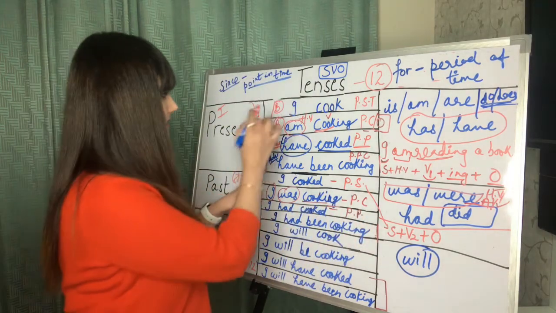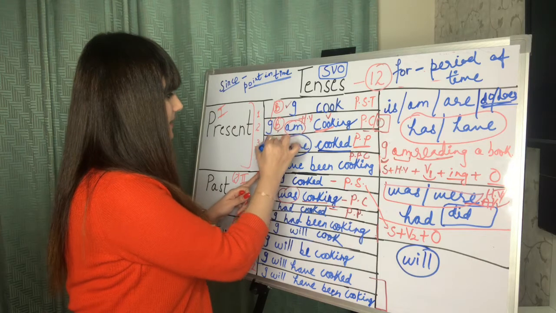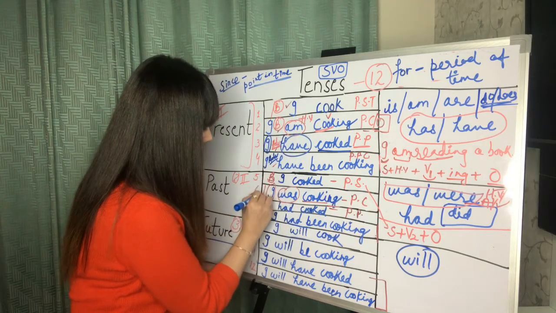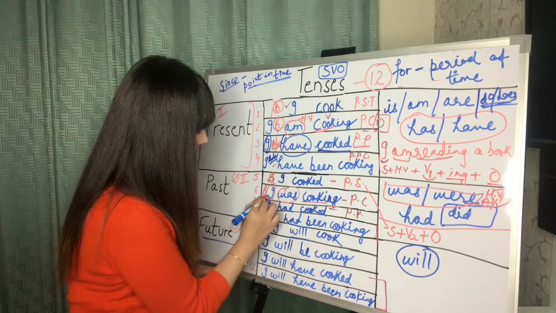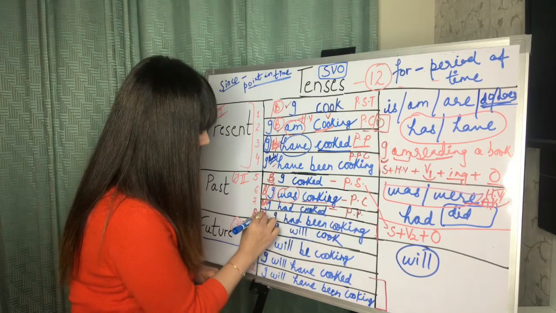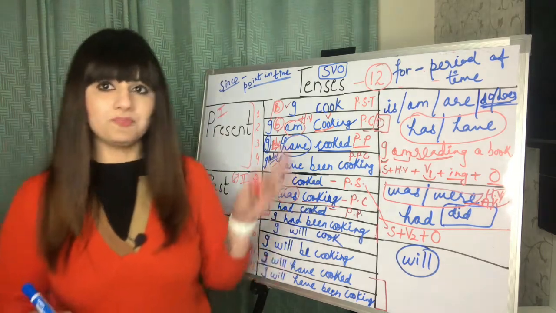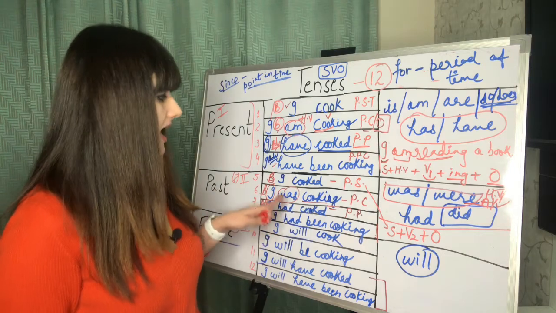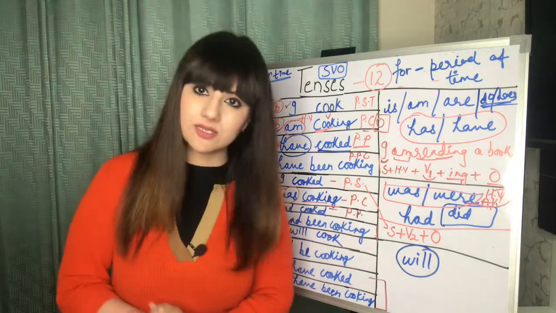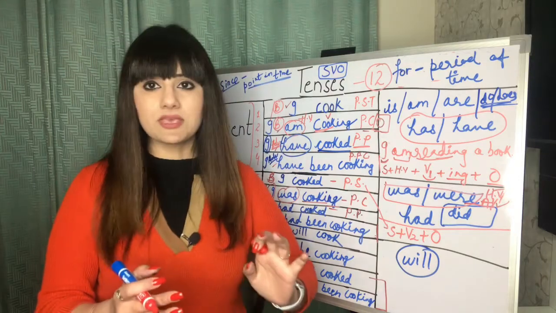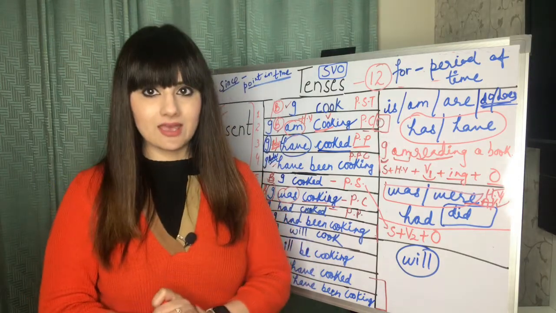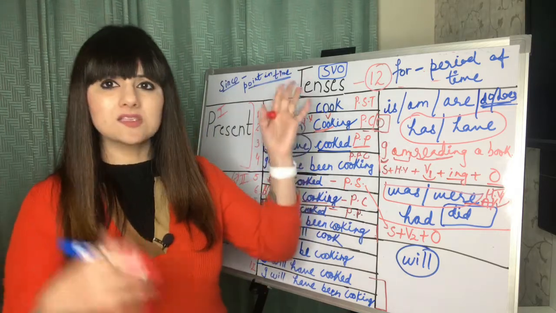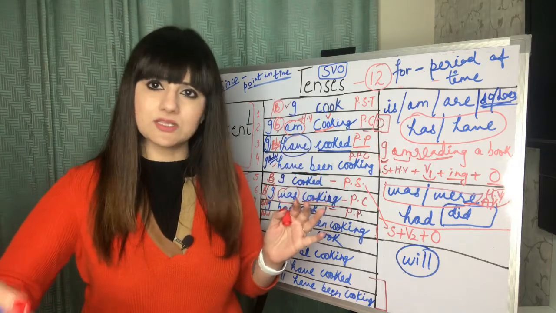All right, moving forward, your past perfect tense. So now you know this is your basic, this is advanced. Past simple is your basic one, and past perfect tense is also your advanced tense. So now we are talking about our advanced tense, that is, I had cooked. Now what does it mean? Here I'm talking about the past situation again. I had cooked means talking about the past, maybe a situation you are discussing with someone.